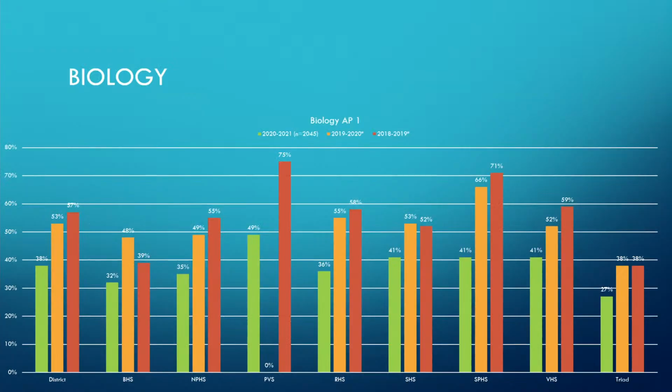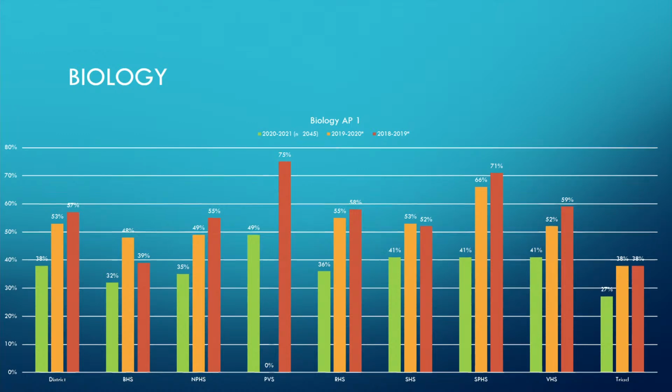For biology, we do not have raw scores to offer you. What we do have is the previous 2 years from our prior resource that we used for our benchmark data. So as you look at this chart, you'll notice the green bar is representing the USA test prep assessments, and the orange and red bars are providing for you the prior 2 years of benchmark assessments using our old resource.